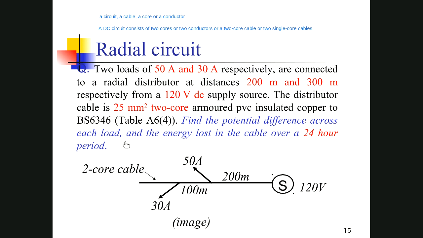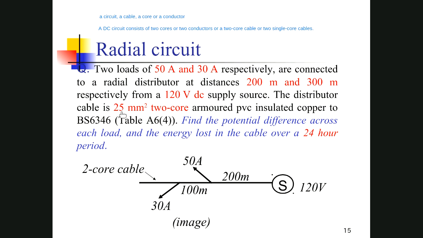Okay, now we move to this question itself. Do not confuse the concepts again. We have two loads of 50 amperes and 30 amperes respectively, connected to a radial distributor at a distance of 200 meters and 300 meters respectively from a 120 volts DC supply source. The distributor cable is